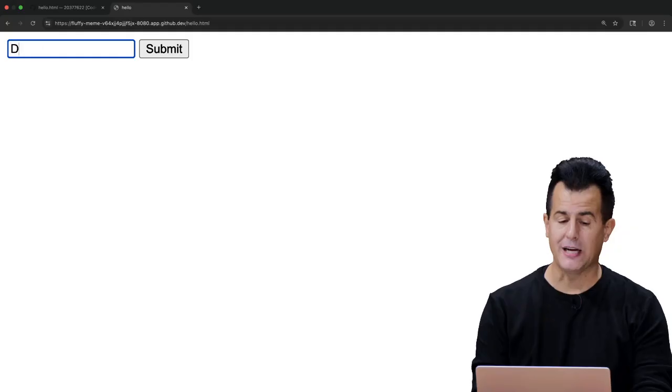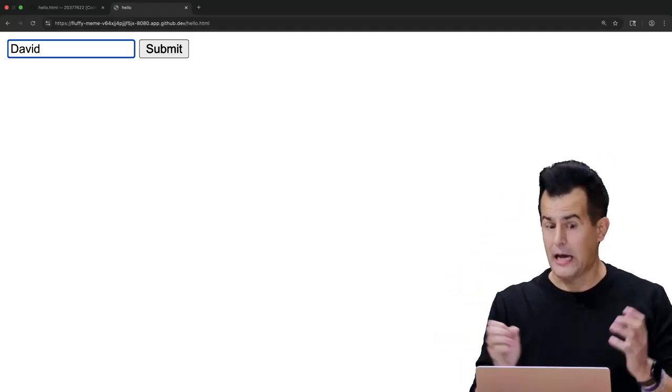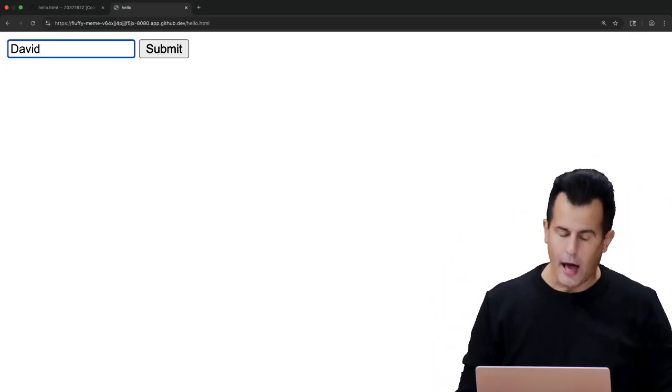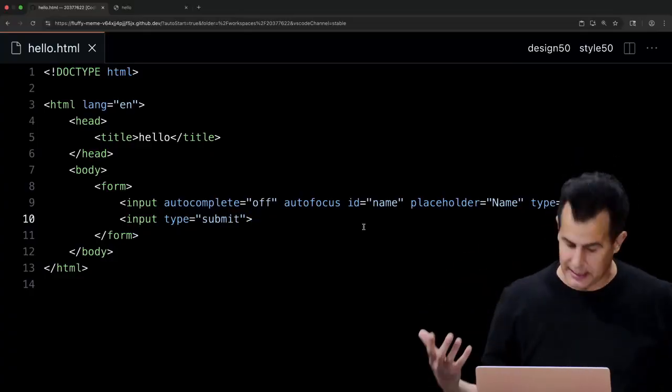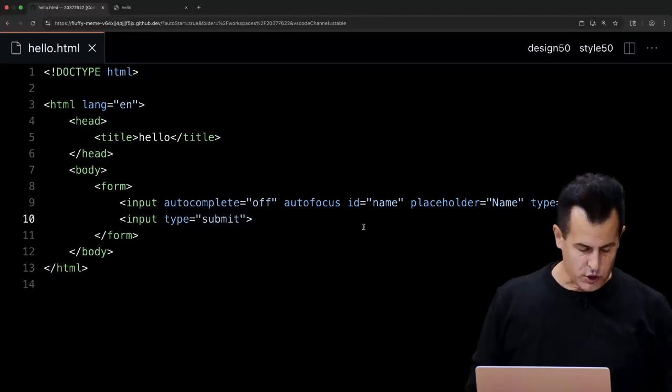But what I want to have happen is when I type in David and click submit, I want to see hello David somewhere on the screen. Well, how can I do this? Well, a few different ways, but JavaScript allows me to do things like this. And for upcoming problem sets, you won't necessarily have to write JavaScript like this. So consider this a whirlwind tour, not so much